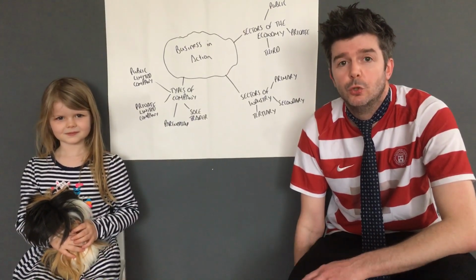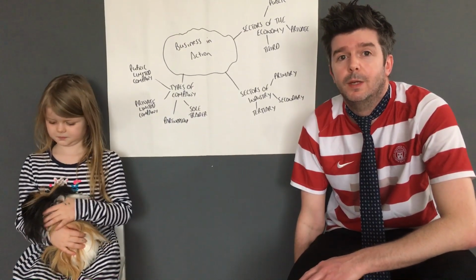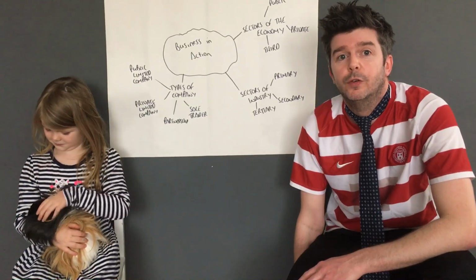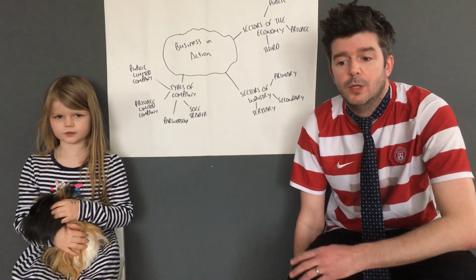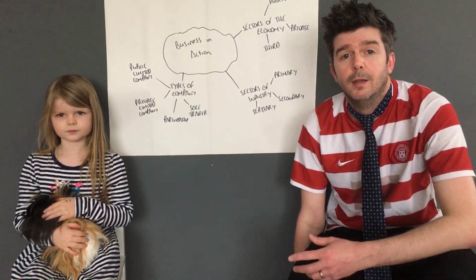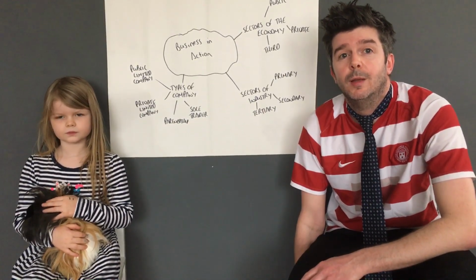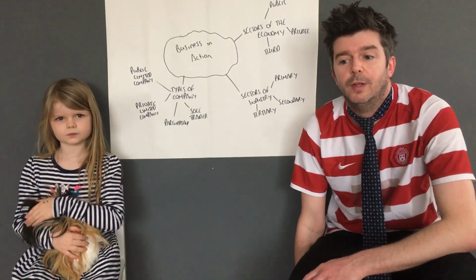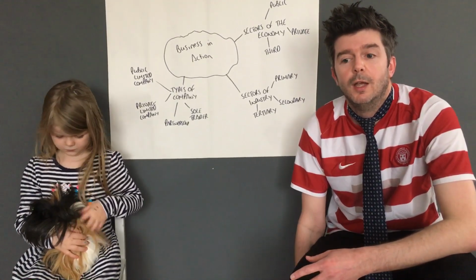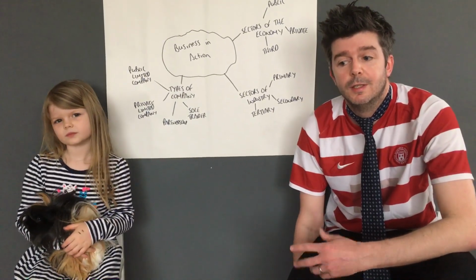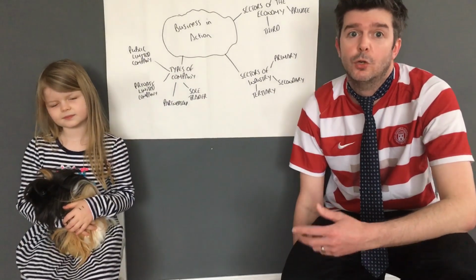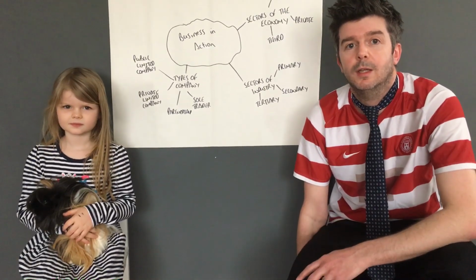Okay, so a sole trader is a business owned by one person where they aim to make a profit. For example, Viva Sandwiches is a sole trader. It's one person called Jerome. And the thing with sole traders is they have unlimited liability. So if Jerome's business fails and he owes the bank £20,000, the bank can actually seize his private possessions like his car, his golf clubs, his house to repay these debts.